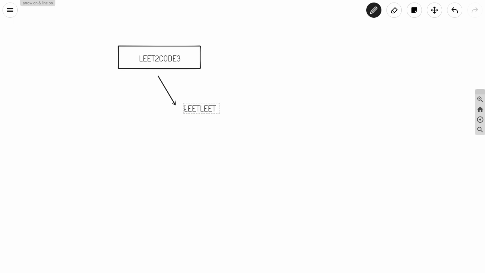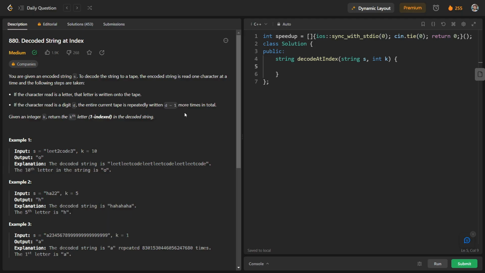Okay, so we will repeat it once. Okay, and after that you can see that we have code with us, and we have to repeat this string 2 times, so 1 and 2. So this is our decoded string, and in this decoded string they have asked to return the kth character.